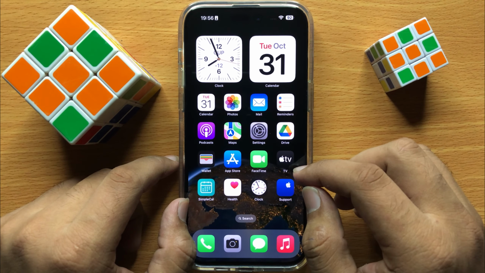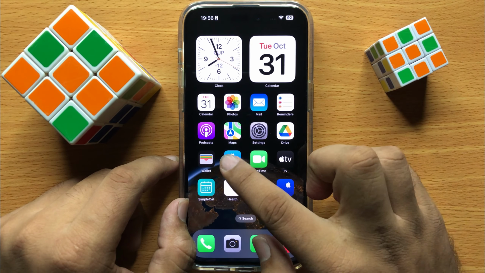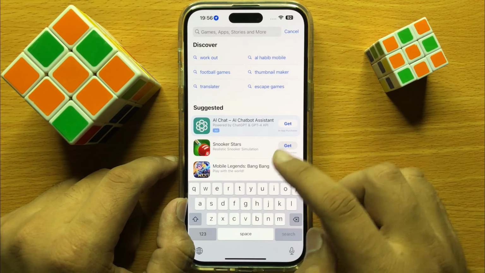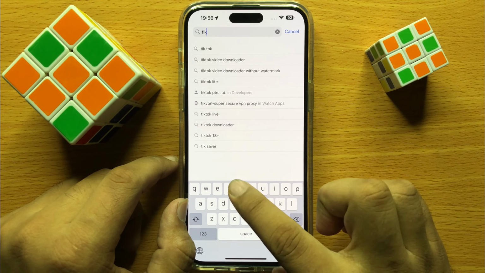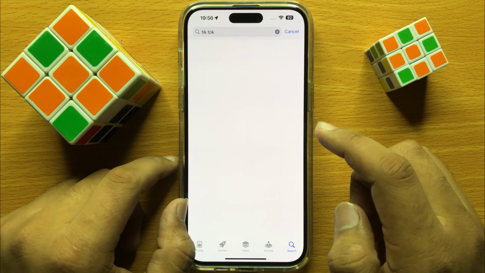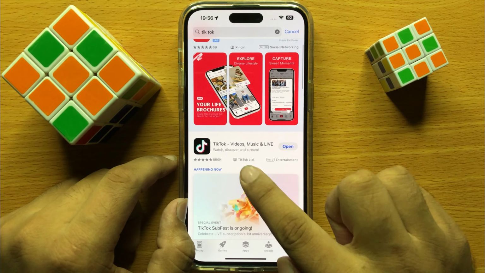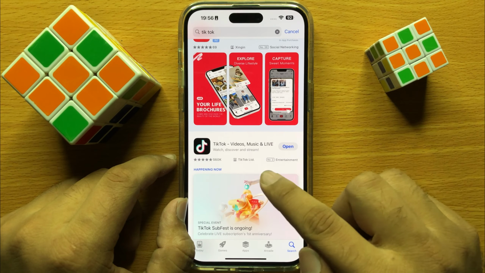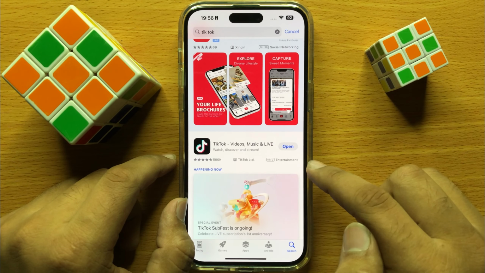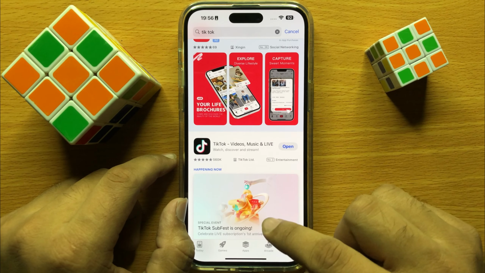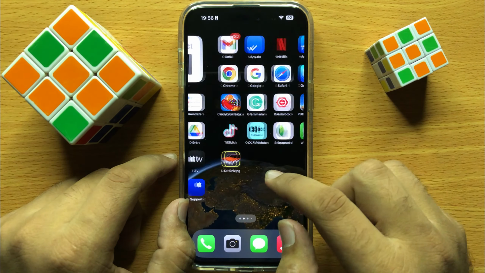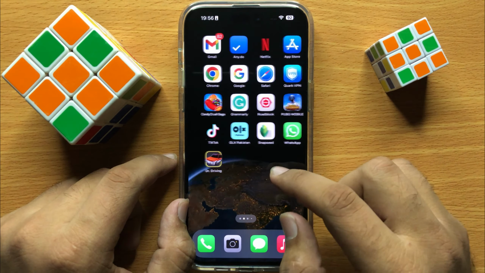So to fix this problem, first of all open App Store and then here search TikTok. Now check if your TikTok app is updated to the latest version or not. If your TikTok app is not updated, then first of all update it, and after updating, if it's still not working properly, then open the TikTok app